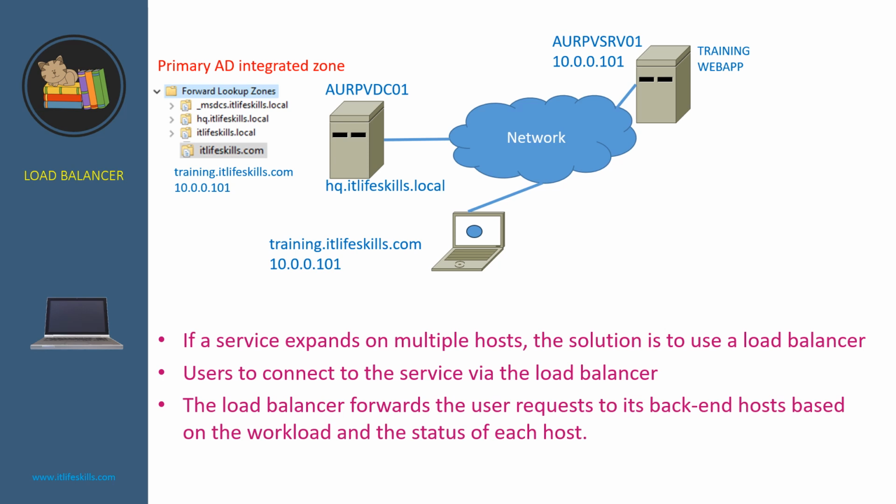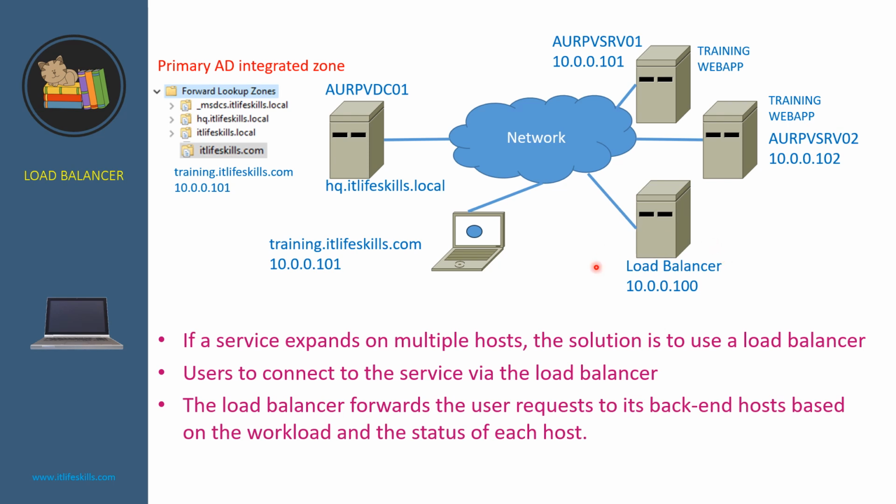Now, when more users access the chaining web app and server 1 performs poorly, we need to add server 2 that provides the same chaining web app. To make sure the users access the chaining web app in a controlled manner, we need to add a load balancer. And we need to update the A record for